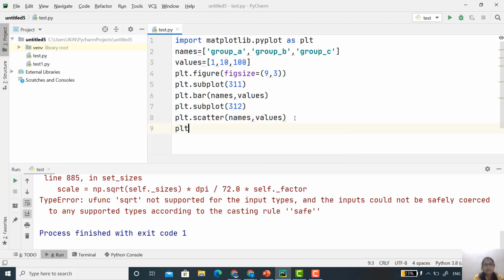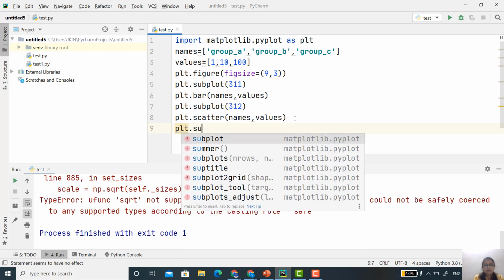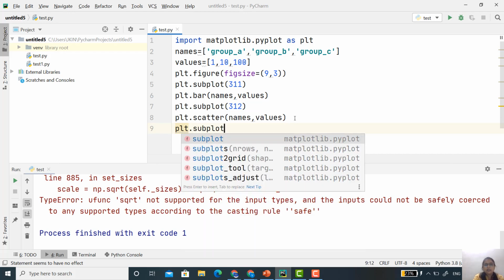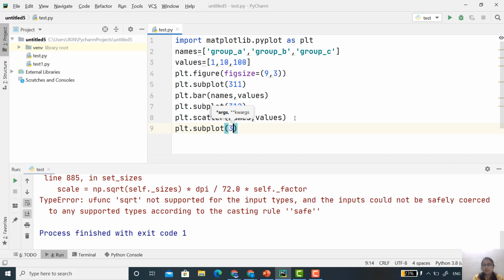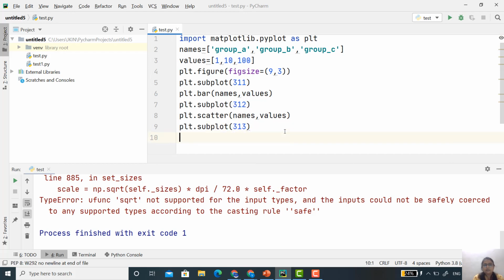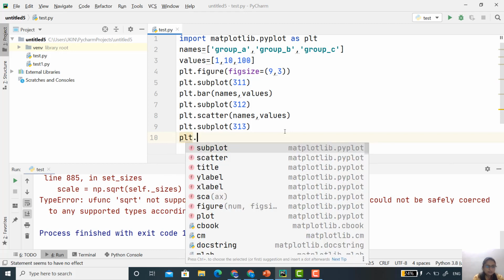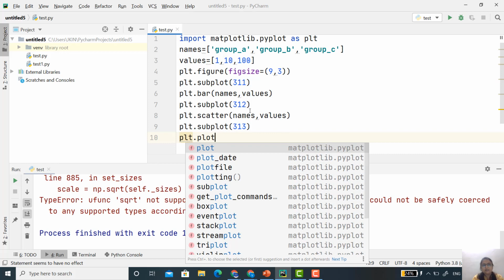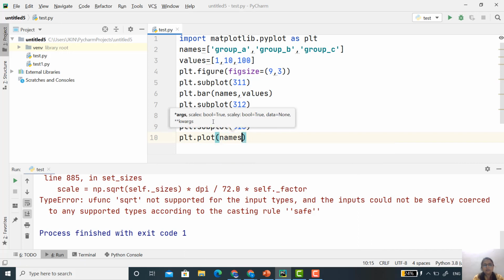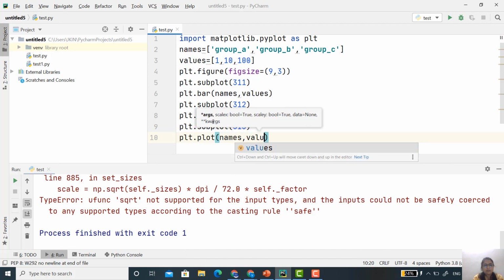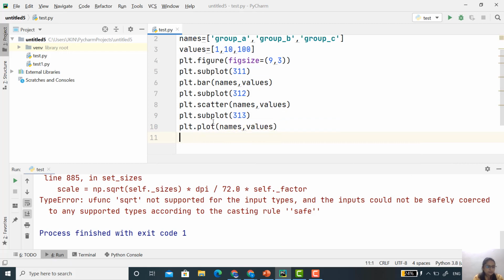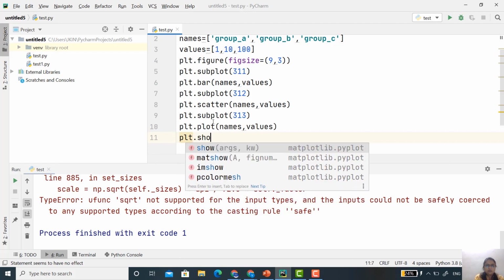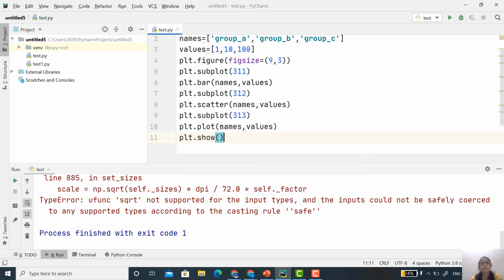Now again I will use plot subplot 313. Then use some other style, we have used bar and scatter. Now use plot with the same thing, names and values.